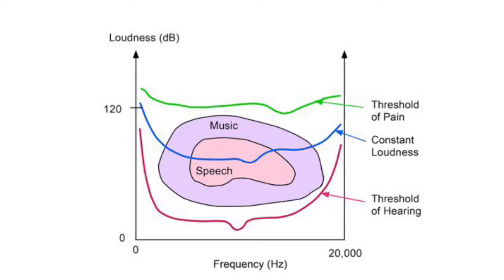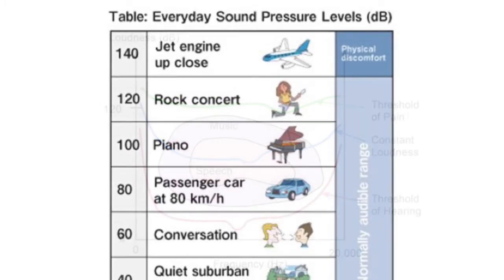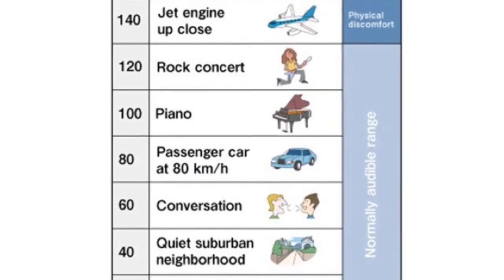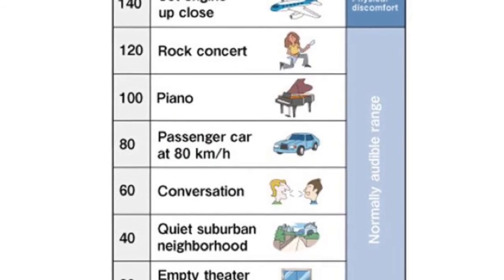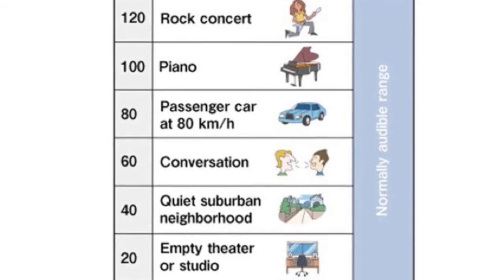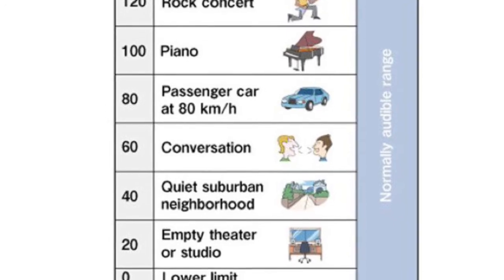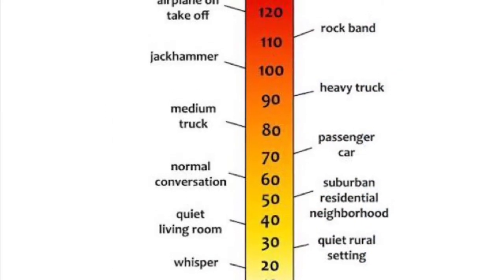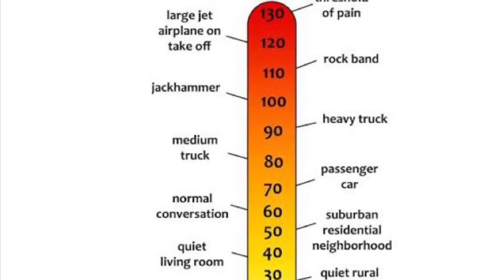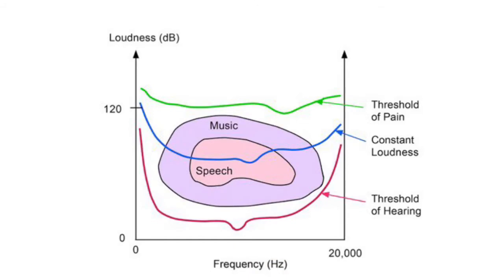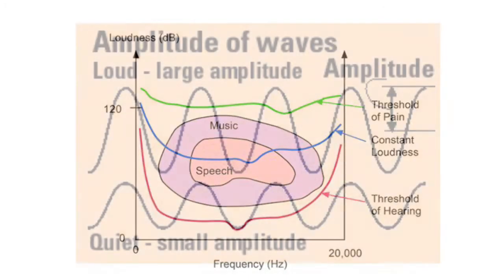Because humans can hear a wide range of intensities, scientists measure the intensity with a scale based on powers of 10. This scale is called the decibel scale. The threshold of hearing is 0 decibels, and a 10 times more intense sound will be 10 decibels. This goes on like that. The limit for the human ear is 160 decibels. We can understand that this is 10 to the power 16 times more intense than the TOH. Even though this doesn't fully correspond to loudness, it can be said like that.